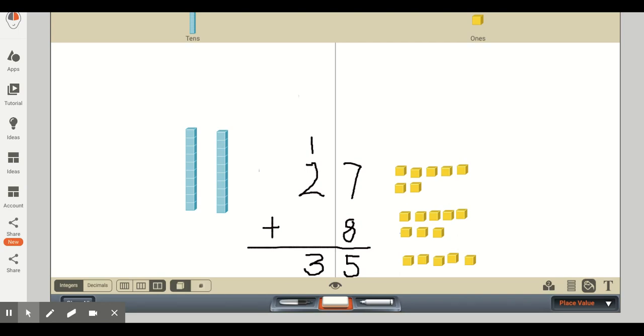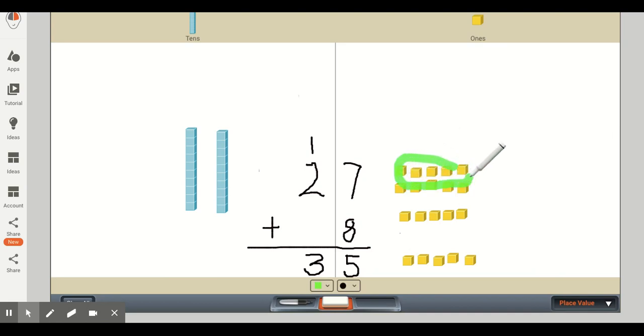So what our first graders are doing is really the same as the traditional algorithm. Basically, they are looking at these ones and they see 7 ones and they see 8 ones. And if they're not sure how much 7 plus 8 is equal to, well, they're filling in a 10 frame to see if they can make a 10 out of 7 plus 8. And when they do this, they see that they are able to make a 10. So they have 1 ten and they have 5 ones.